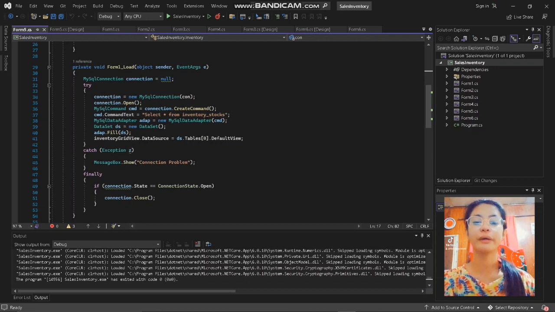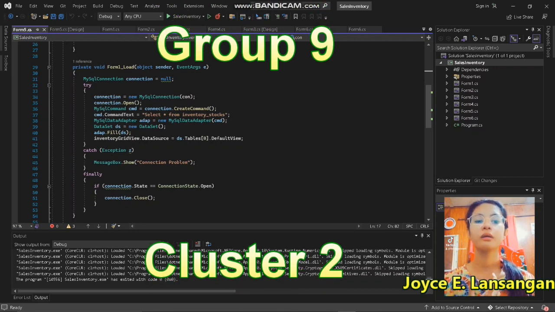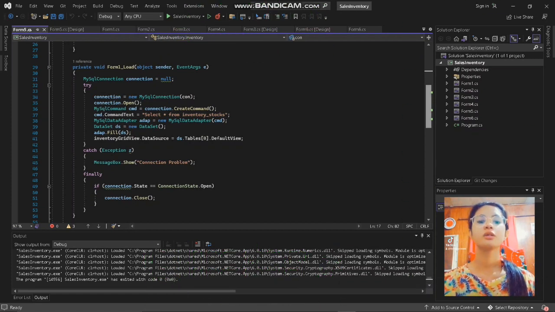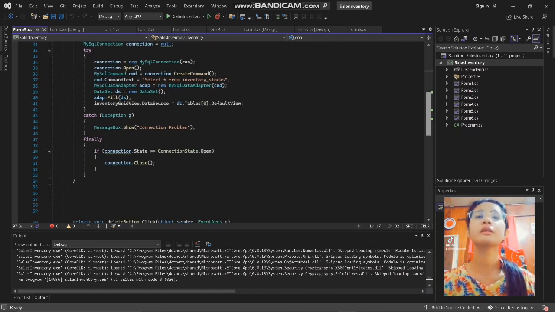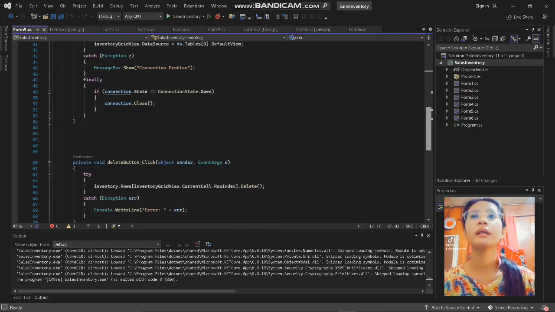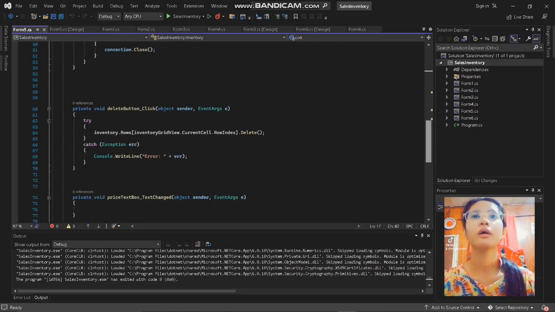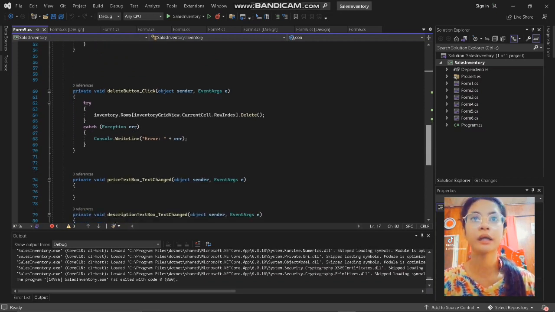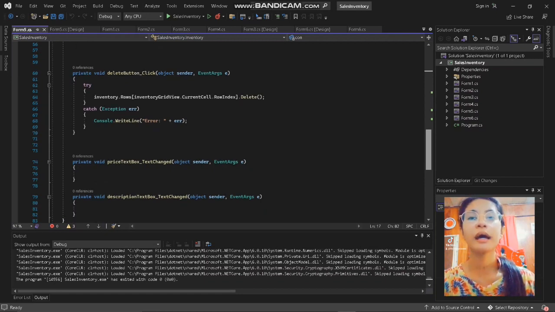Greetings everyone. I am Joyce Lansangan. I will explain the other part of the code in inventory system. So this is the other part of the code. So in this part, as you can see, is the delete button. So I will explain first the delete button. So we enter the private void delete button click, then open parentheses, object sender, then event args, then close parentheses. After that, we enter the code, then we